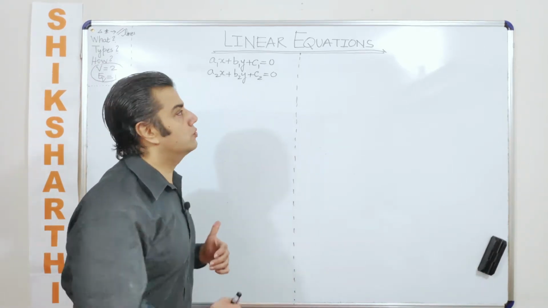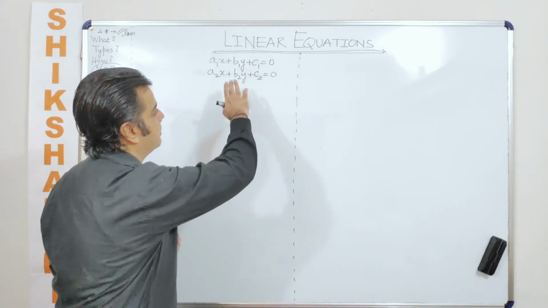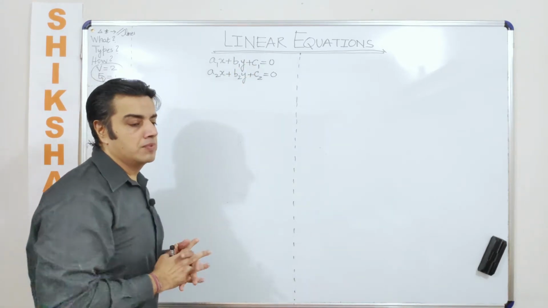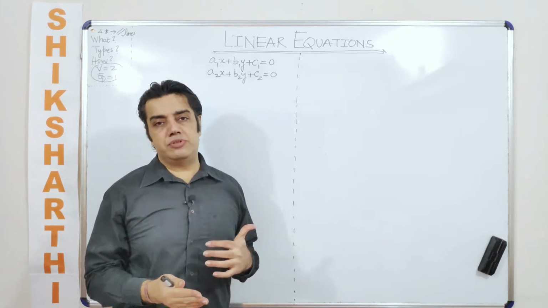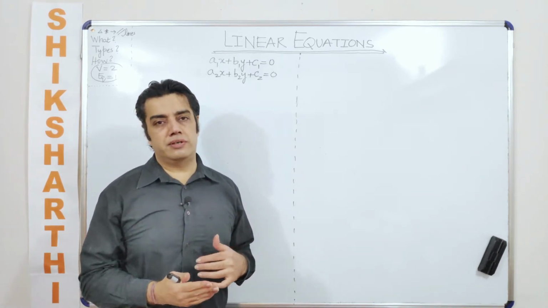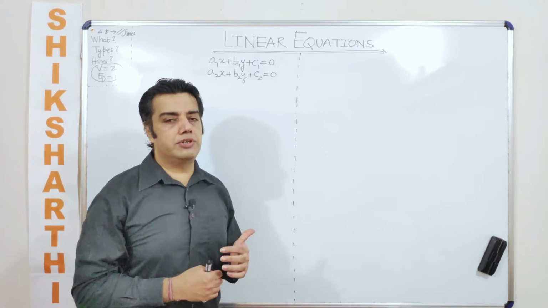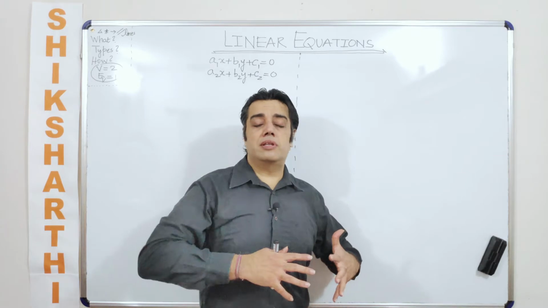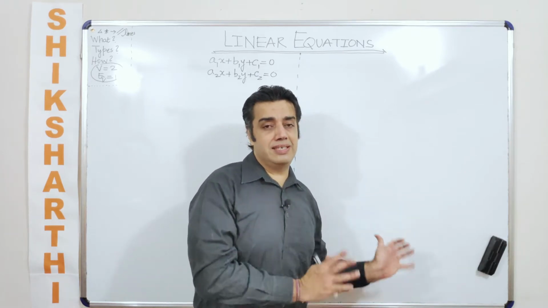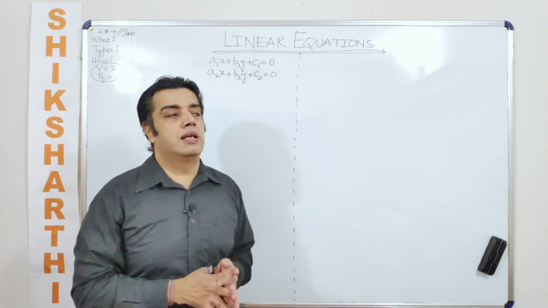And now you already know that if such a pair of equations is given, then the x and the y intercepts, we'll be getting it in the third quadrant. I hope you have already seen my earlier videos which talk about how to find out the quadrants, given the intercepts, given the equation, right?